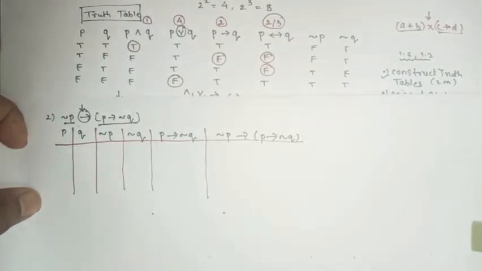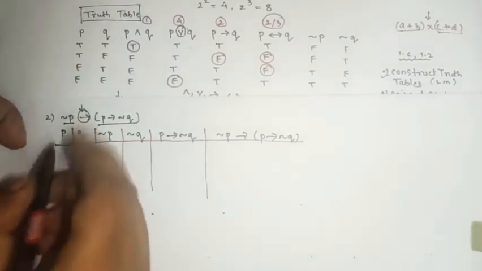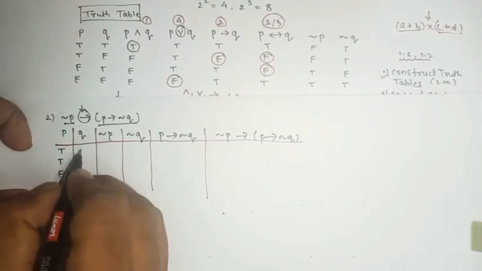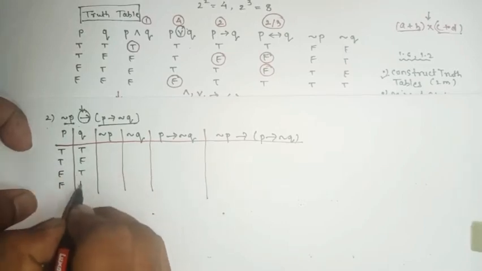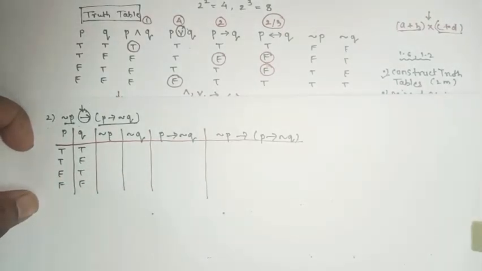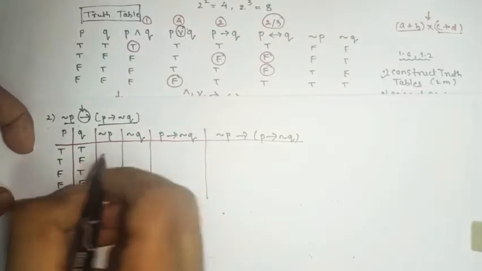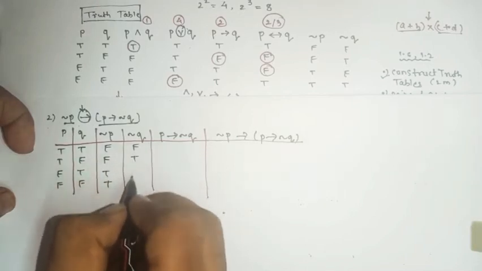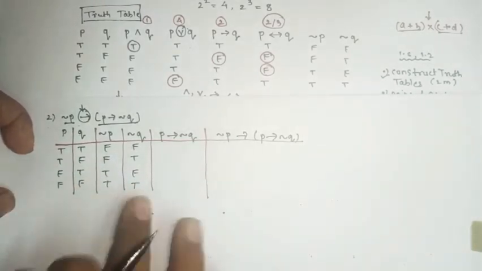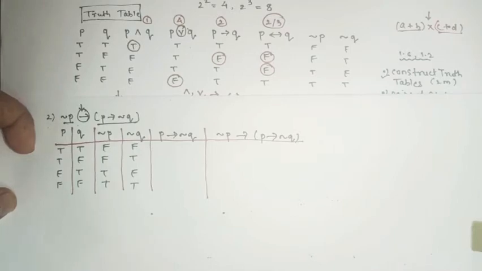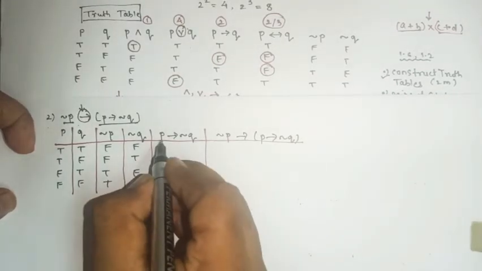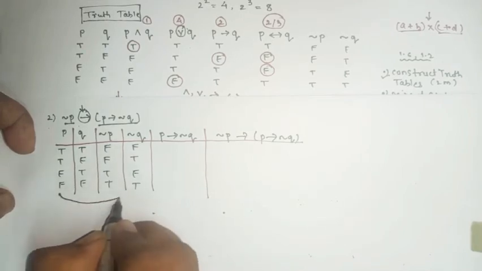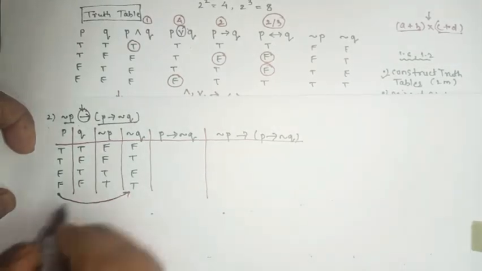Okay, so now for P it is true true, false false. For Q it is true false, true false. Yes or no? Negation of P will be what? False false, true true, and this will be false true false true. Done. Now we have to check for P. See the first alphabet is P, and then negation of Q, and the connection is